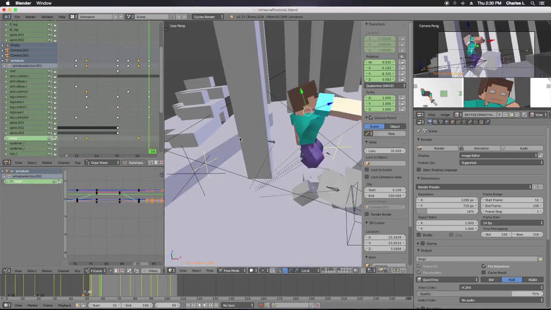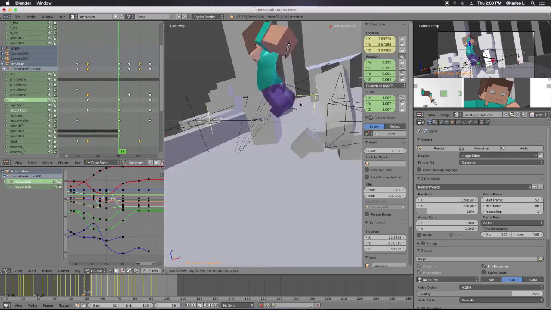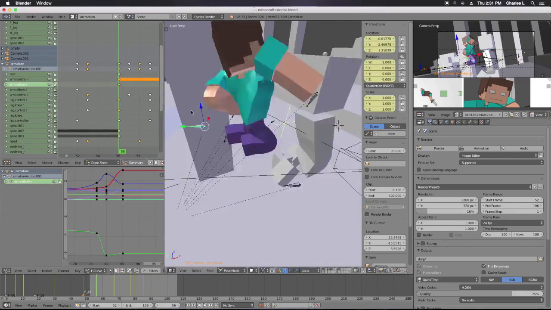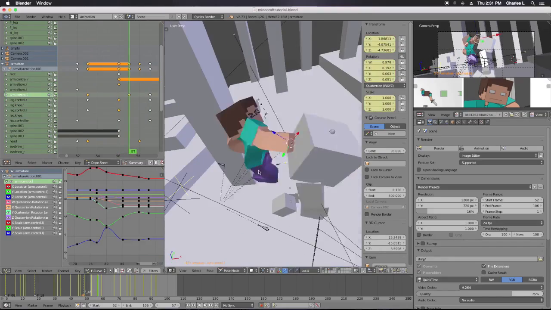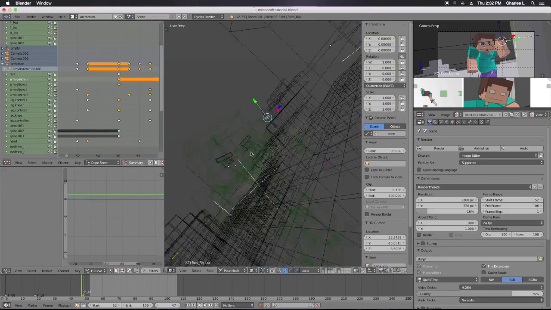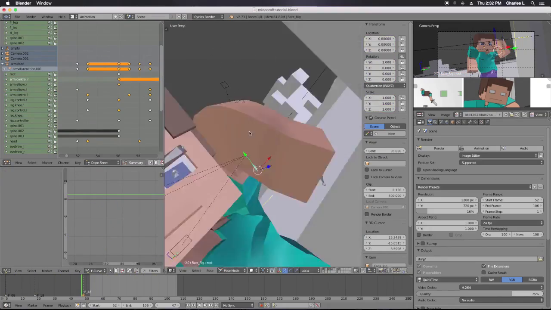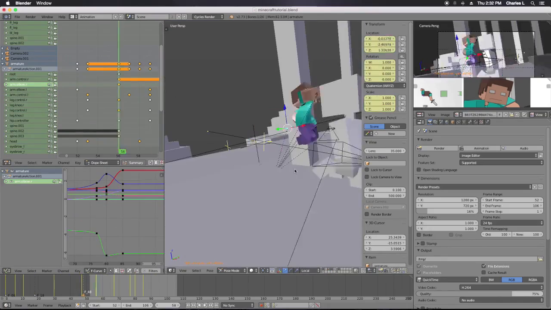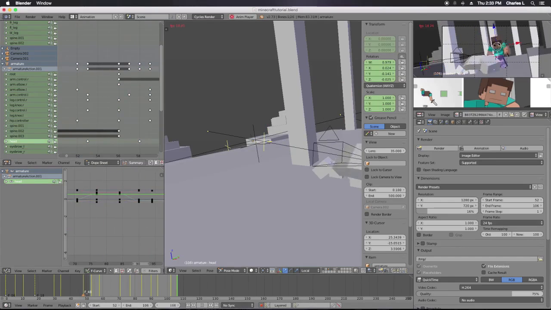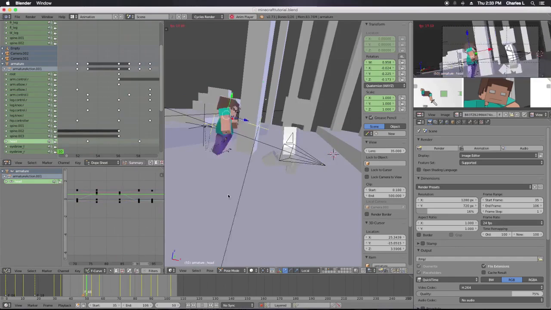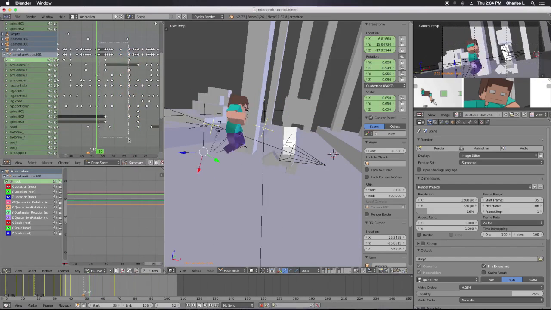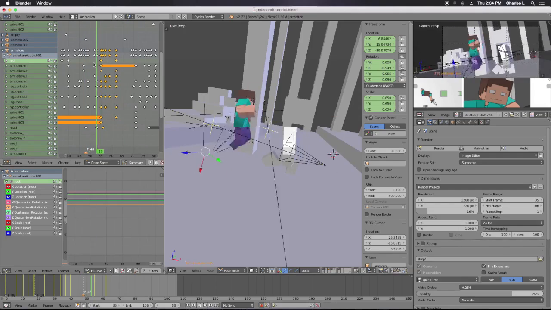So I have the first camera, then I switched to another one, and you can do that by adding a keyframe marker in the timeline, and then when you get to that point, you select a camera that's not the active one, and then in the timeline below, you hover over the timeline and hit Control B, and it will switch cameras. I might do a tutorial on that in case that's not making sense, but it's really cool because it allows you to just change cameras in one scene,